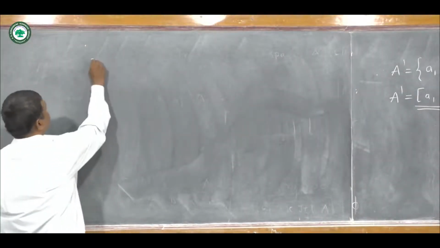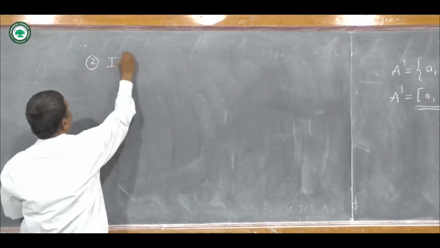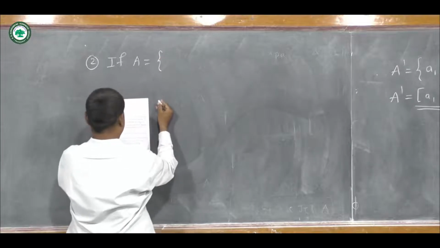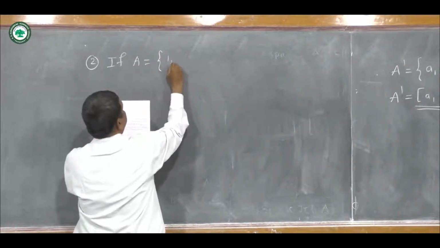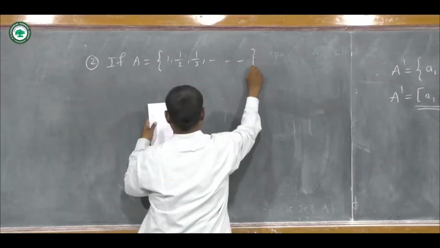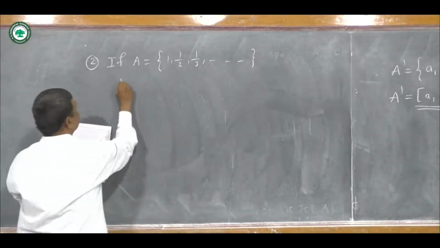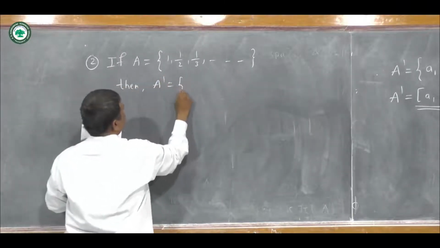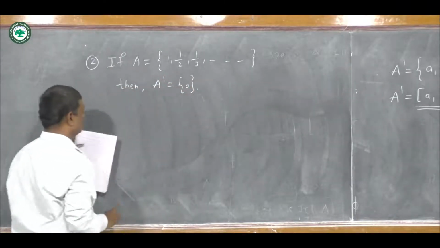Now the next example is this. If you take A equal to the set which has elements 1, 1 upon 2, 1 upon 3 and so on, then the set of limit points of this set is the singleton {0}, because